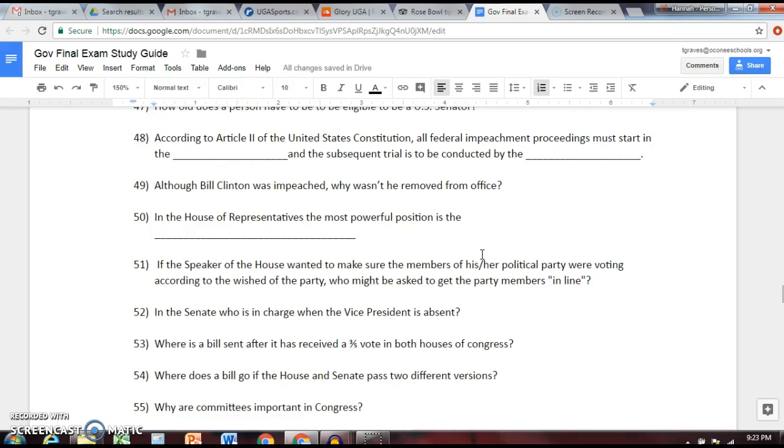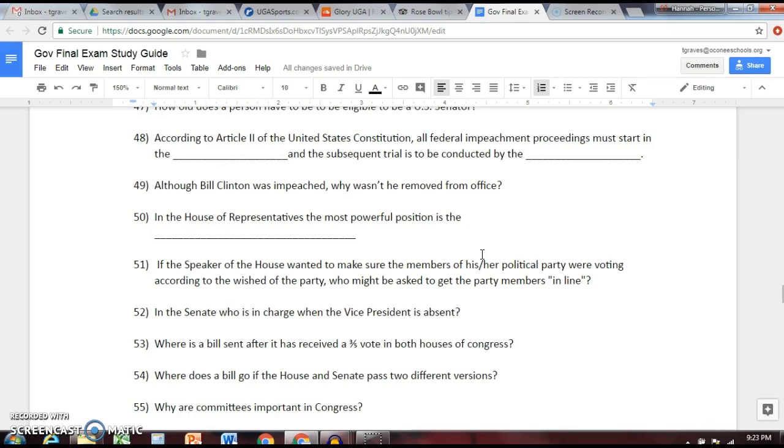Number 54, now there are times where the House and Senate, like we talked about with this tax reform bill, passed 2 different versions of the same bill. Both have passed a version of a tax reform bill within the past couple of weeks. And while their 2 versions are similar in a lot of ways, there are some minor differences between the 2. And for the bill to go to the president's desk for him to sign or veto it, the House and Senate have to agree to pass the exact same version of a bill.